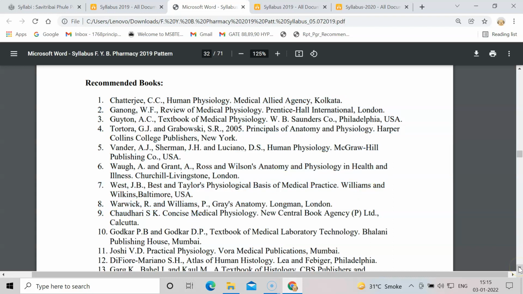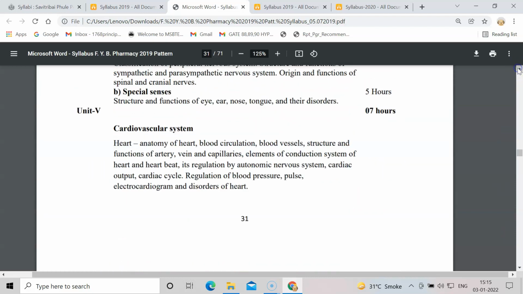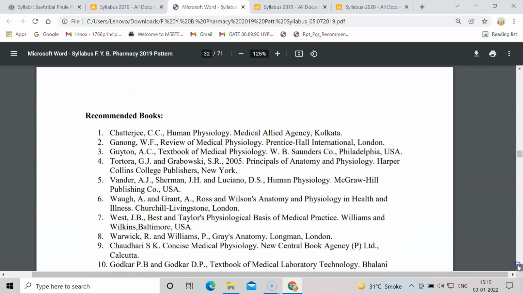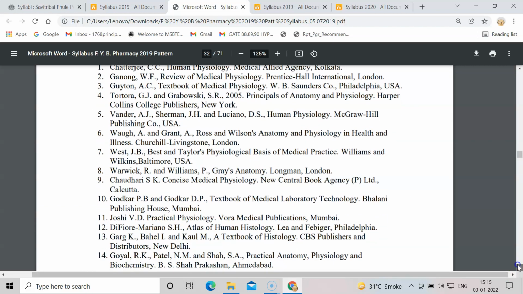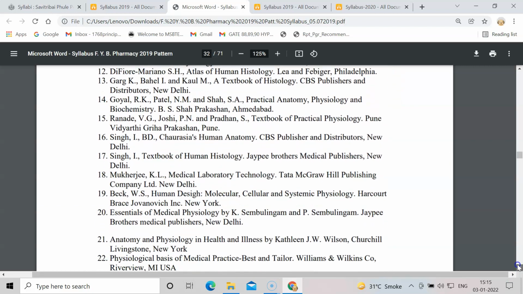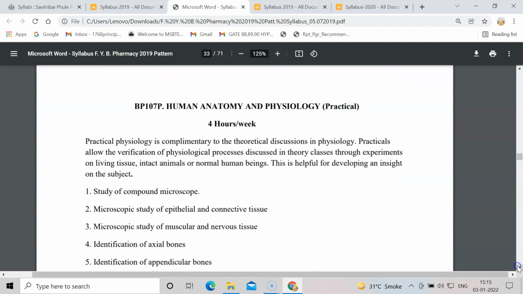You will have recommended books which you can find in your library. These are called reference books. A reference book means that you cannot find everything from the syllabus alone. So these are the points of the syllabus that you need to study, and according to that, the university has given some recommended books. So you can use such reference books. Most of them are reference books.